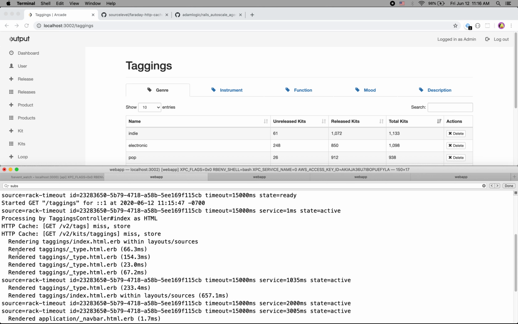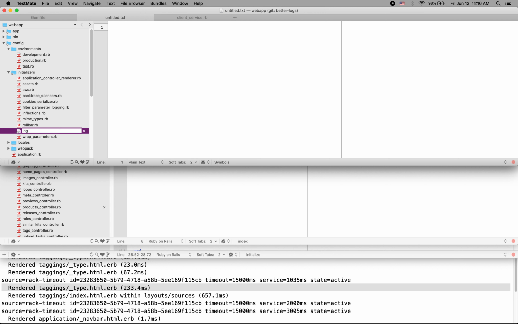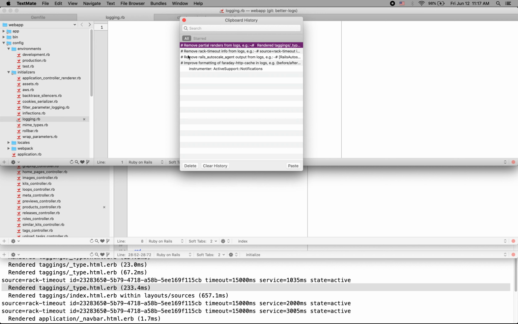The first part that I personally want to remove is the rendering of the partials. It can be important information sometimes, but we already have the total time here, and this is what is most important to me. So I would like to just get rid of this line. To do that, we can add a new initializer, and I'm going to call this logging.rb, and it can be